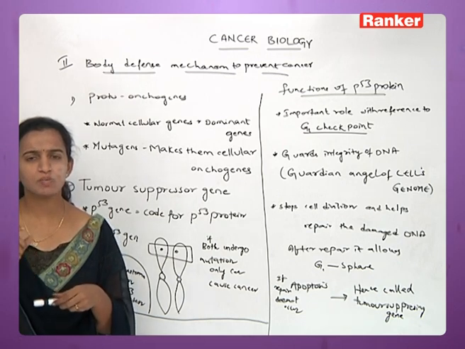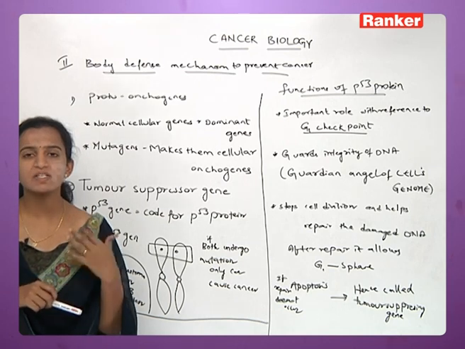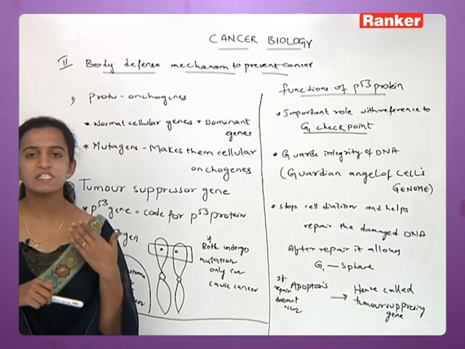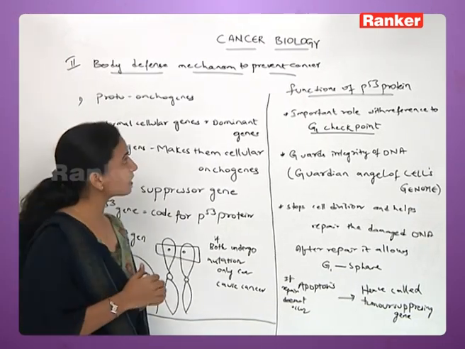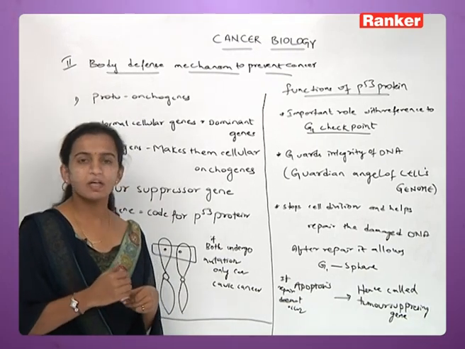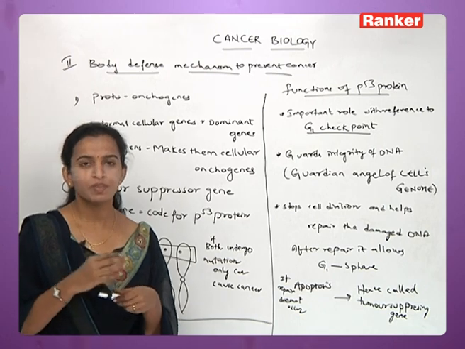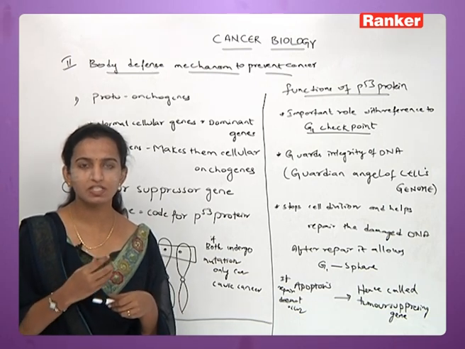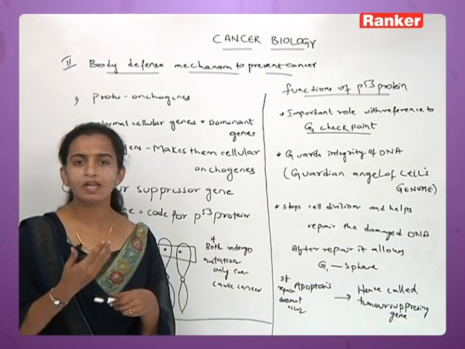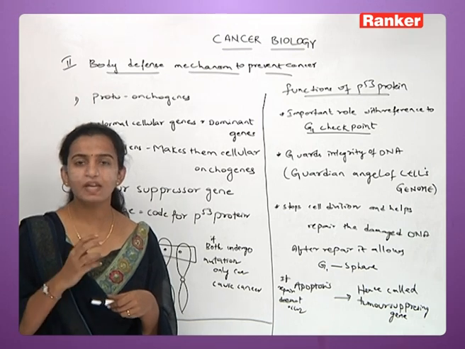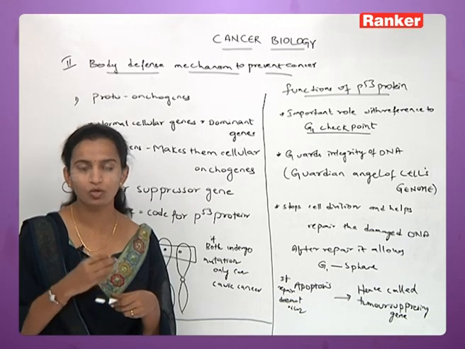So there is a question: even though the immune system is present and everything is properly present in the body, why are these cancer cells actually arising, and what is the reason why cancer is growing in a normal human being? There are some mechanisms, and if there is a failure of these mechanisms, cancer takes place. There is an immune system in our body acting against the cancer cells, but the failure of this immune system is what makes these cancer cells grow in a normal human being.